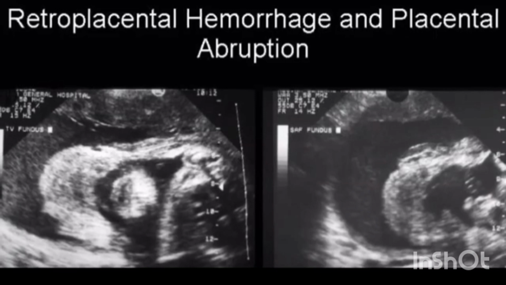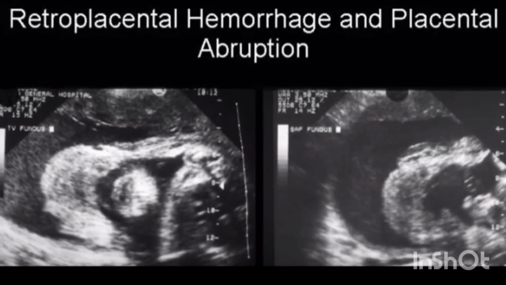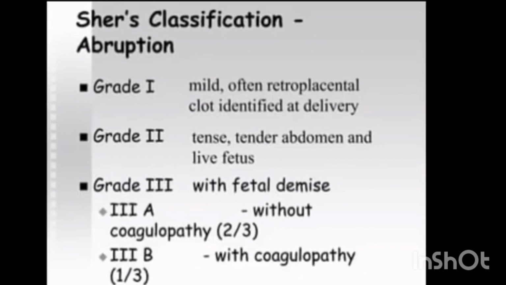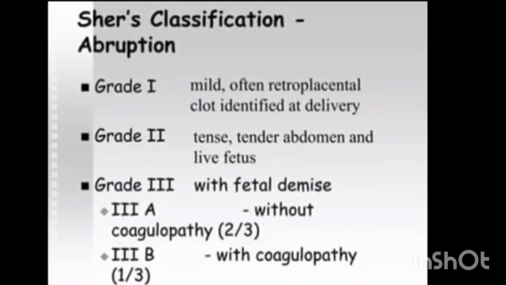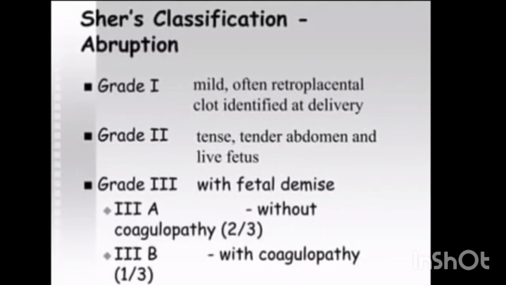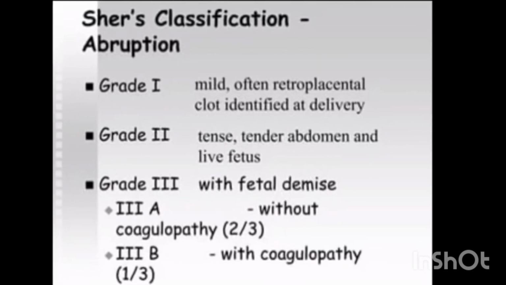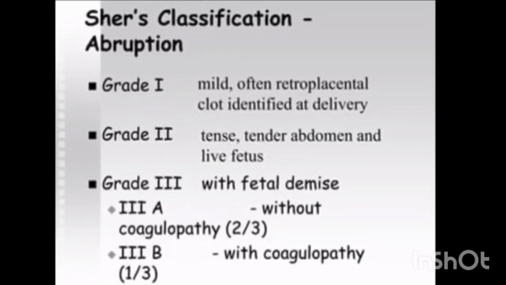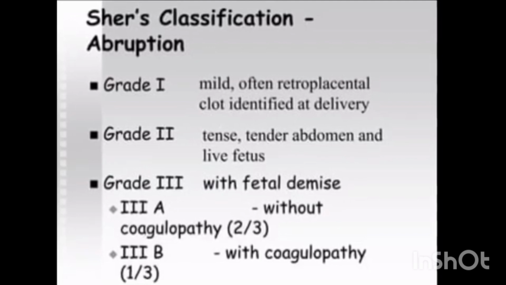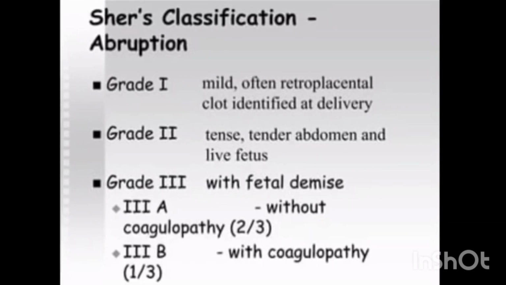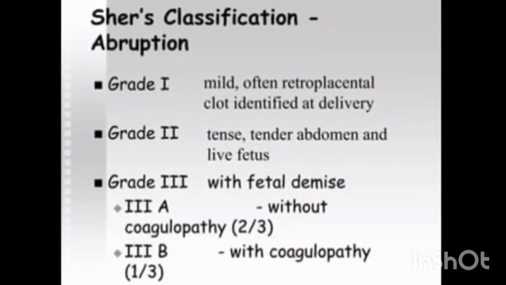There are typically 3 grades of placental abruption a healthcare provider will diagnose. Grade 1. Small amount of bleeding, some uterine contractions, and no signs of stress to you or the fetus. Grade 2. Mild to moderate amount of bleeding, some uterine contractions, and signs of fetal stress. Grade 3. Moderate to severe bleeding or concealed bleeding, uterine contractions that do not relax, abdominal pain, low blood pressure,